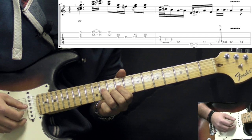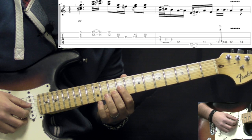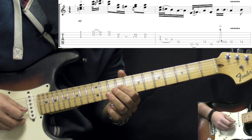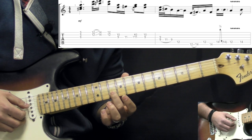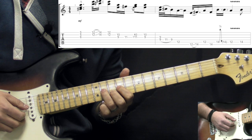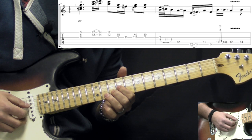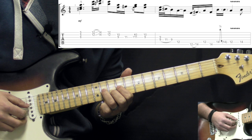Then we have another double stop, kind of part of the A major triad. On the G string we have 9, on the B we have 10. So what we do is we keep that finger, the middle finger, on the B string all the time while we're hammering onto the G string. So we play the double stop, then we play the 11th fret of the G string,